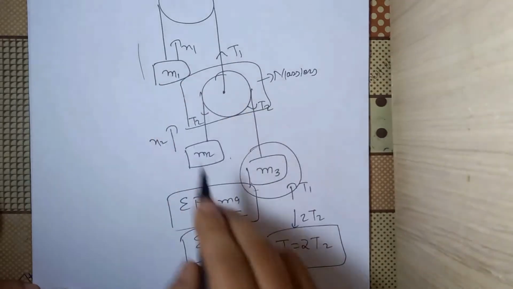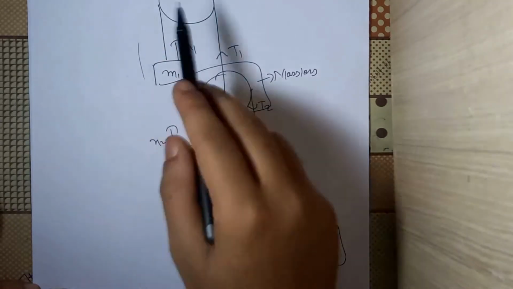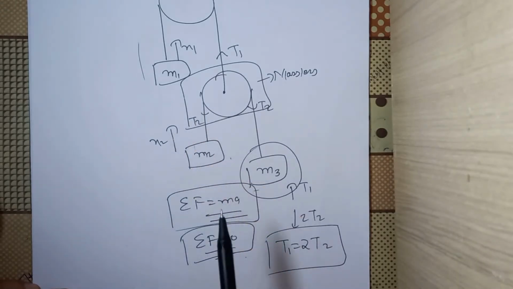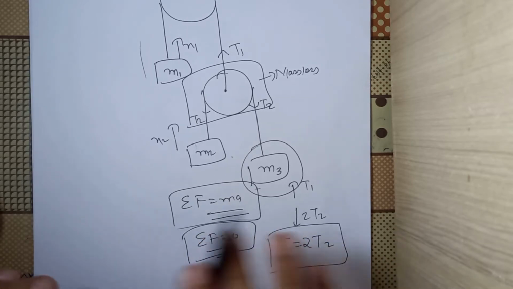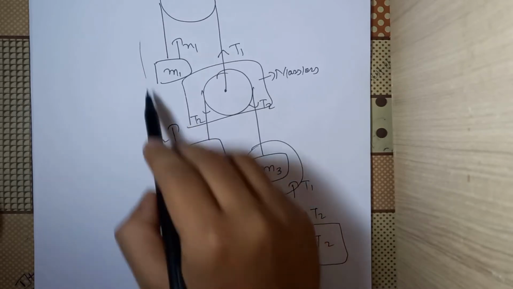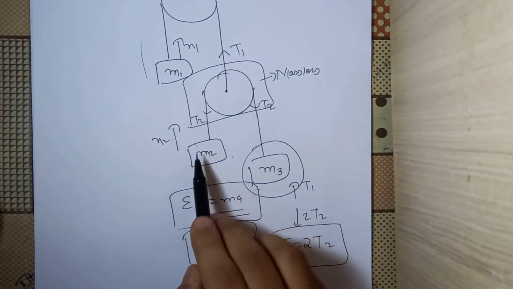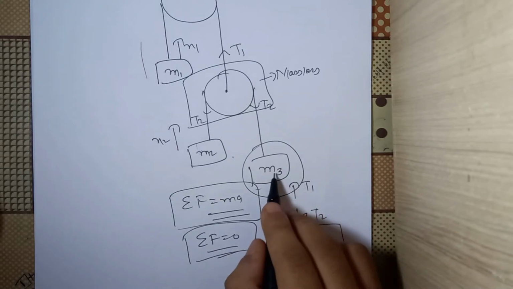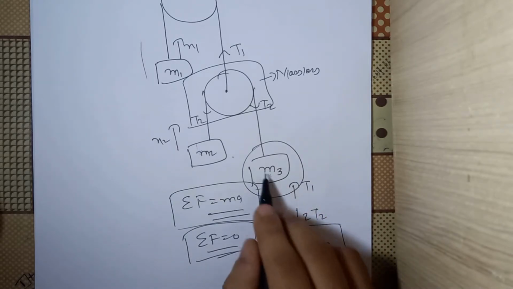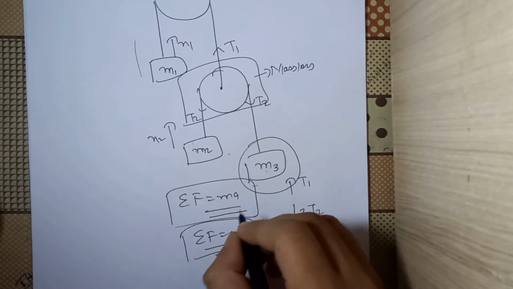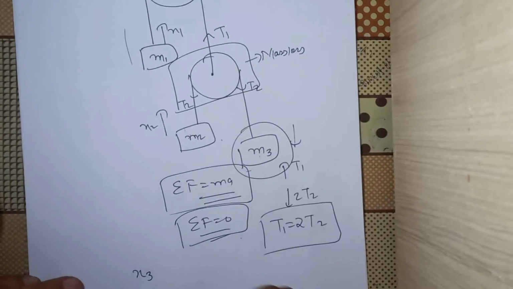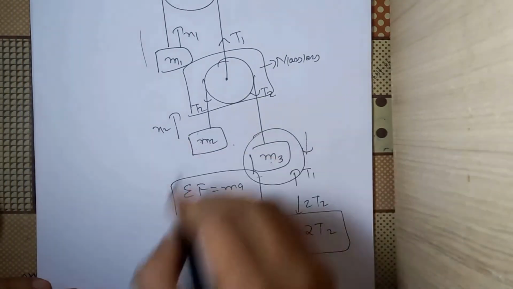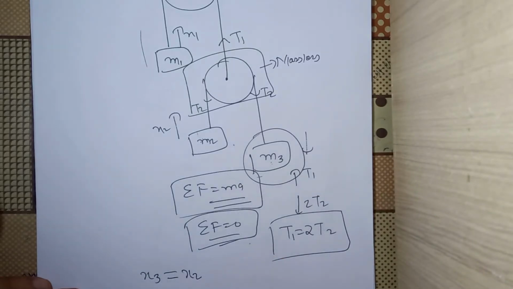Let's say that this pulley was fixed. So what is the net effect on m3 by the movement of x1 and x2? If m1 is moving by x1 upwards and m2 is moving by x2 upwards, what is the net movement of m3 and in which direction? We can see the effects of them individually. Let us say that there is no such pulley system, and if this m2 is moving by x2 upwards, I could have directly said that this m3 would also move by x2 downwards. So let's say that this m3 is moving by some distance x3, and I'm assuming that x3 is downwards.